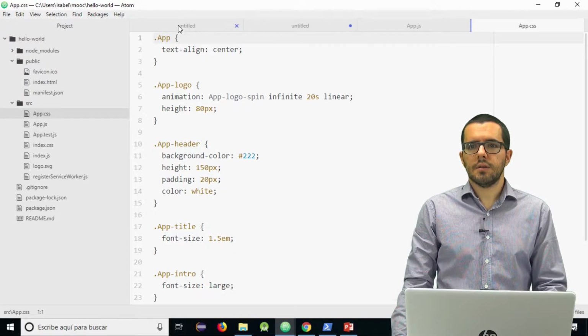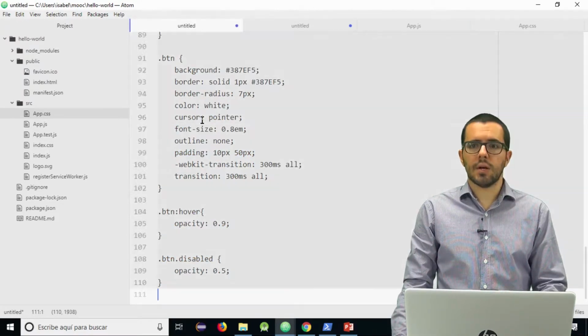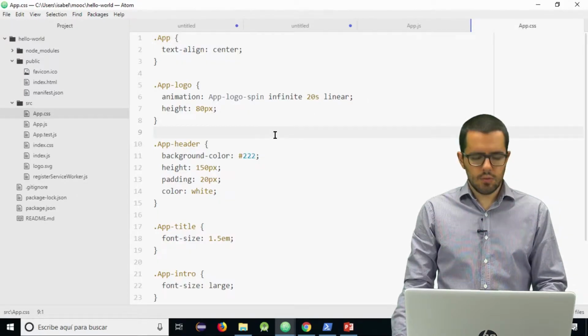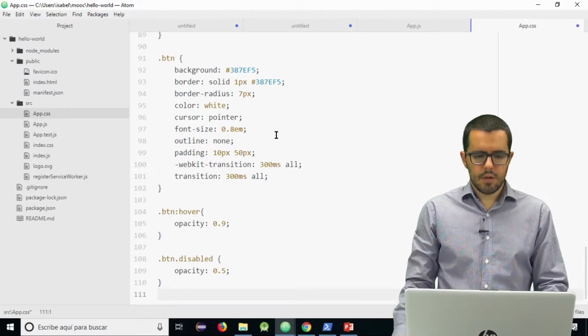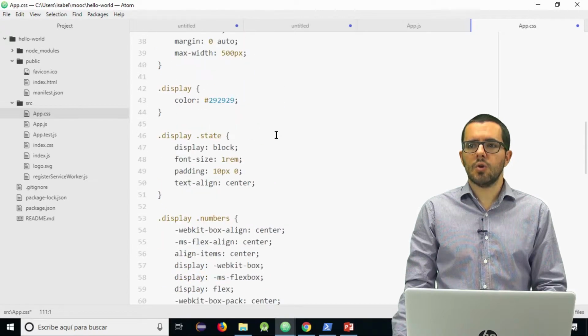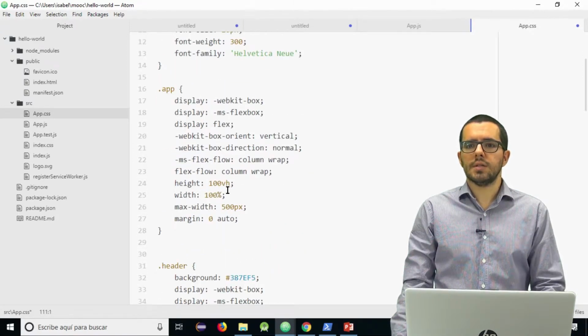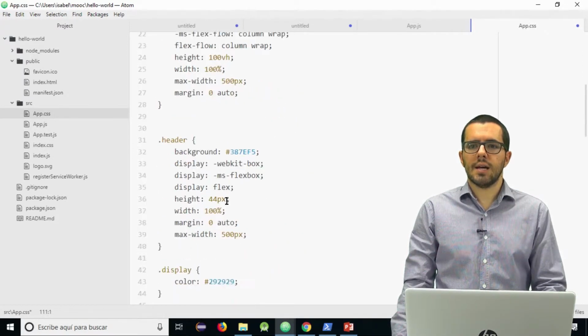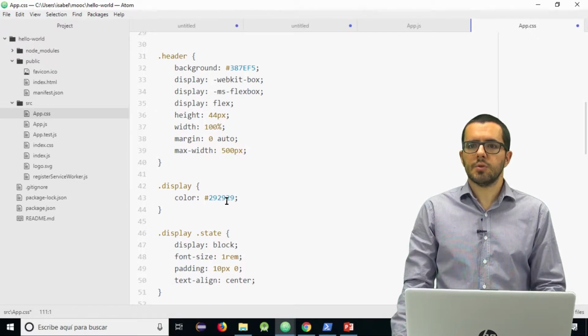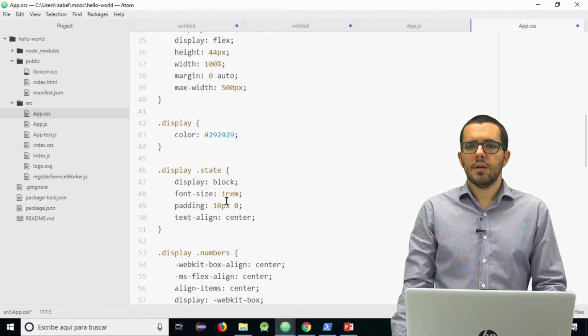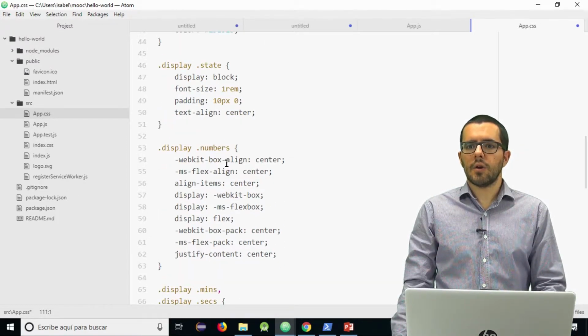I have prepared the default CSS, but you can create your own CSS and put it into this file. Okay, you can take a look at it. It is also on the GitHub that I told you. Okay, so there are some CSS rules. You can also use Sass or any kind of CSS possibility or alternative. Okay, and we are going to use these classes.